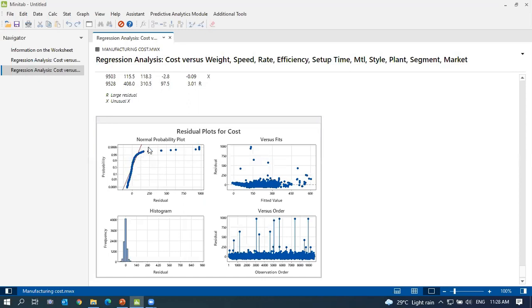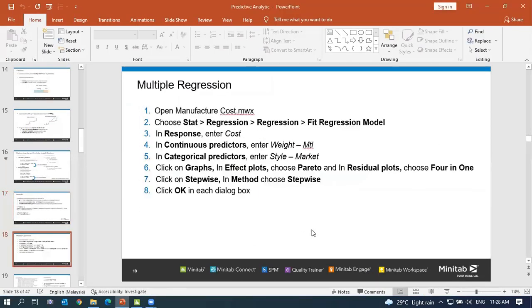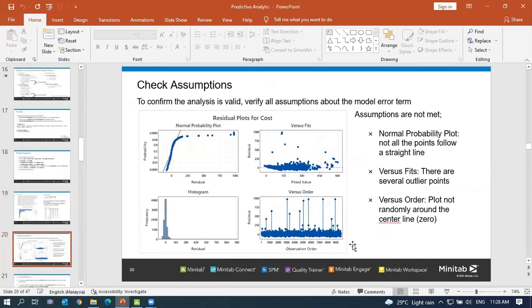But now it's not normal, and you have outliers here. So we can proceed with this regression, but you need a lot of time to handle the technical parts. That's why in Minitab we try to solve your problem